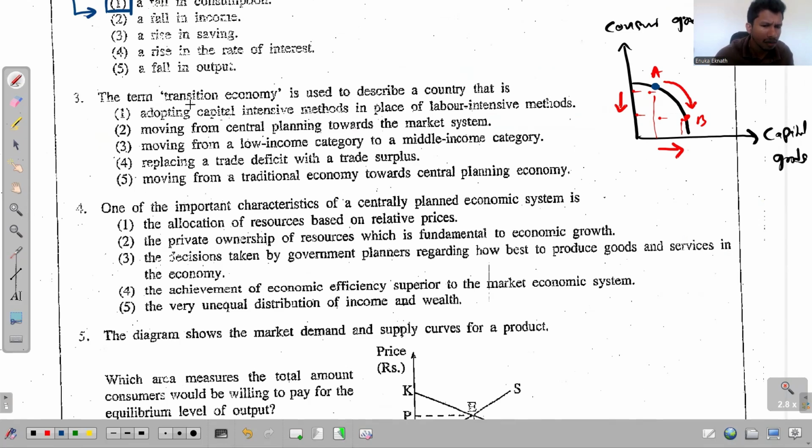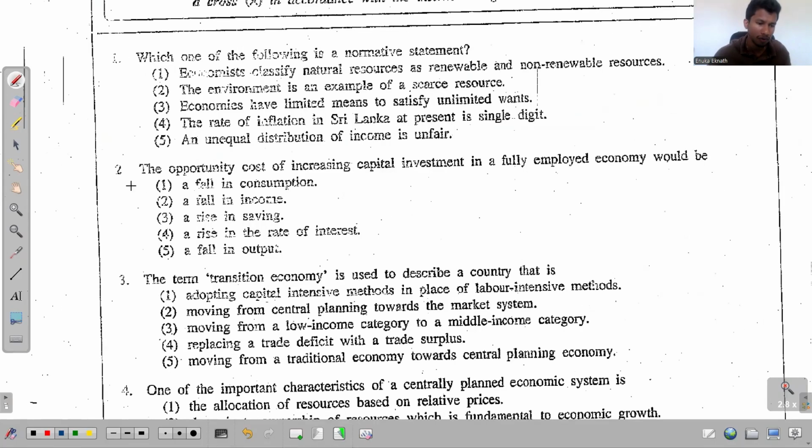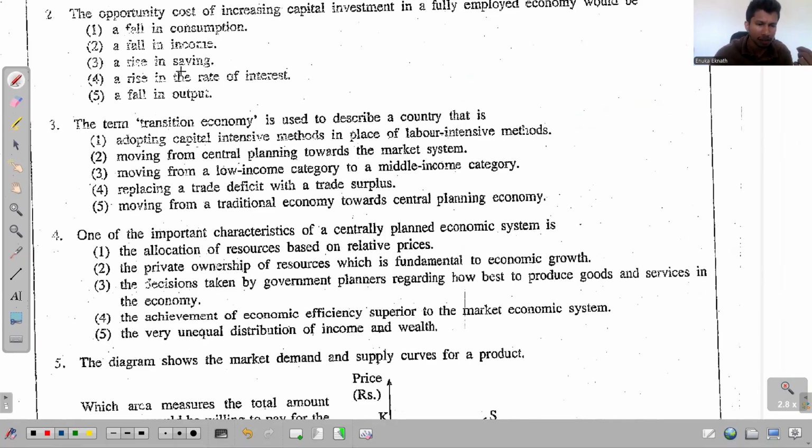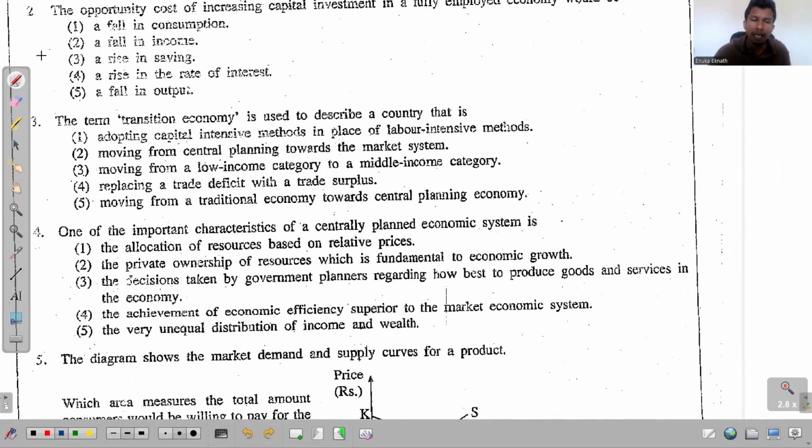It says the term transition economy is used to describe a country. Okay, so this is very straightforward. So what are the economies that we label as transition economies? Those are the economies that are in the process of transferring from one economic system to another economic system. But what happens normally in real life,